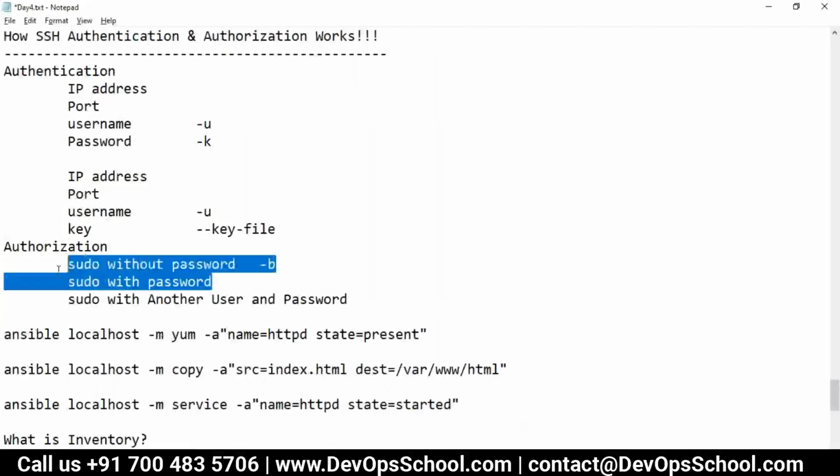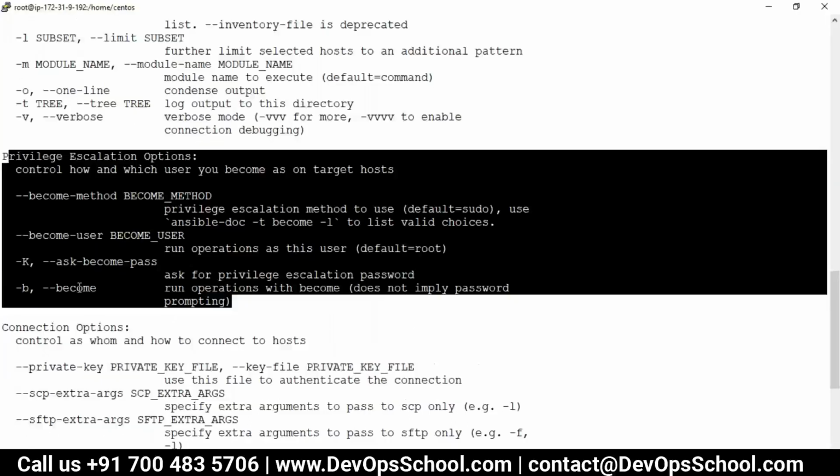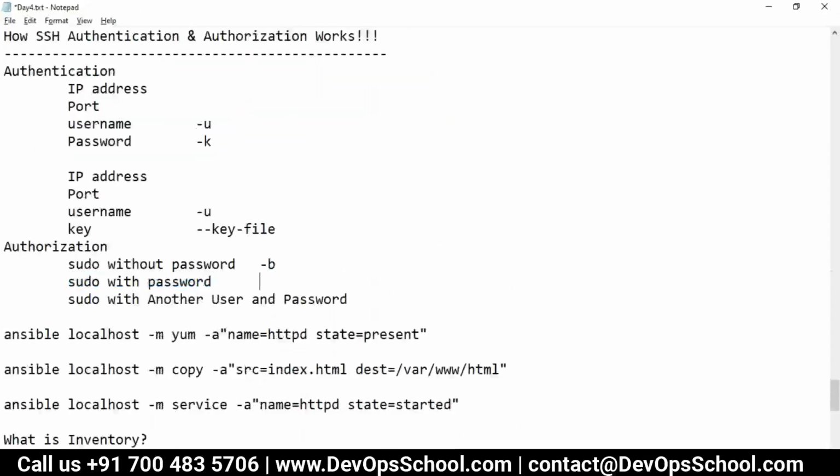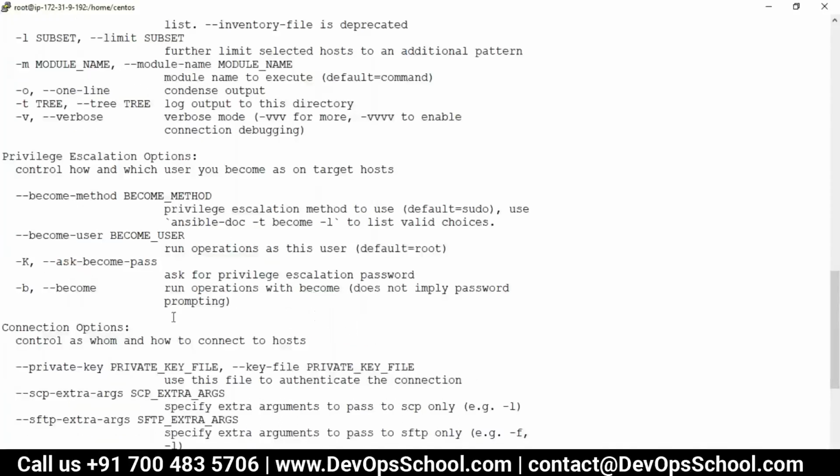But there is a problem. I have become, but with a password. So which option will ask me, which will help me? Capital A. Yes, wonderful, you are teaching me. So here first become -b and then capital K. Capital K, wonderful. But here I have another user. I will become, but after that it will ask me for another user and another password. Not my user, not my password, another user, for authentication to become. So which option should I use?